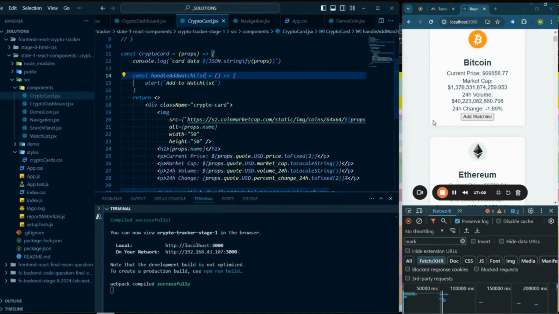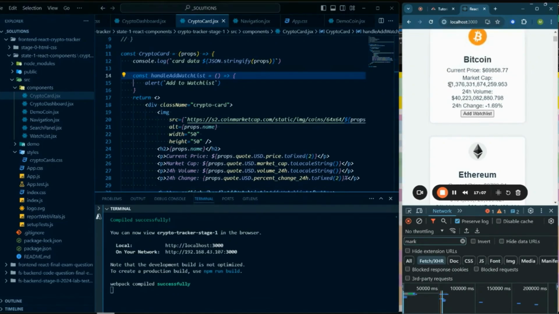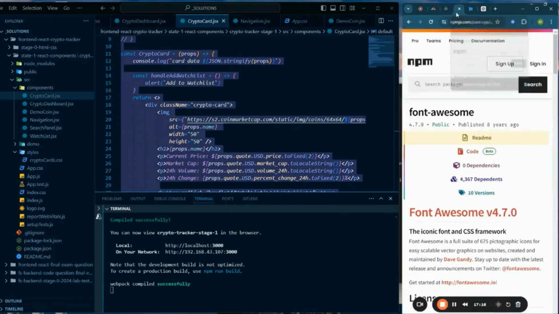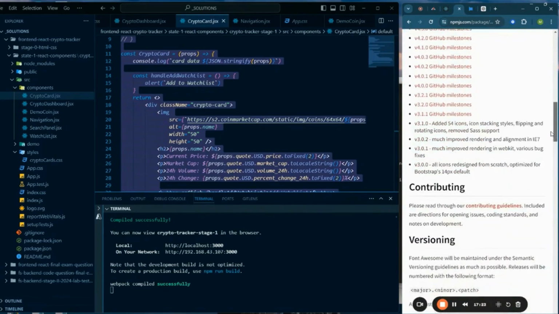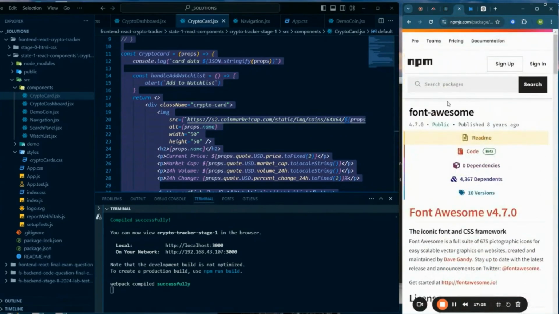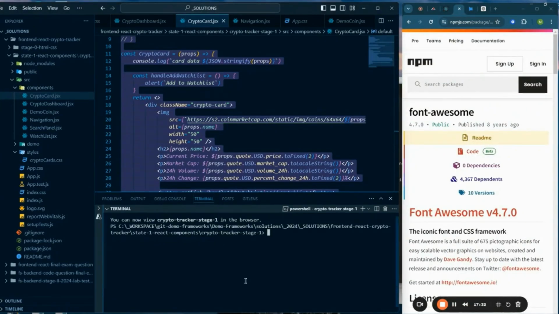So now if we go back to our application here, when we click this, it should throw the alert up. So it's wired up. However, we don't have any backend to work with yet, but that's okay. We're just putting the plumbing in because we're building this out. One thing we could add that's kind of neat is you could add Font Awesome to this if we needed to add some better, for instance, for the watch list, we could put a heart icon or some type of clock or something like that, just to make the button a little bit more attractive than just having add watch